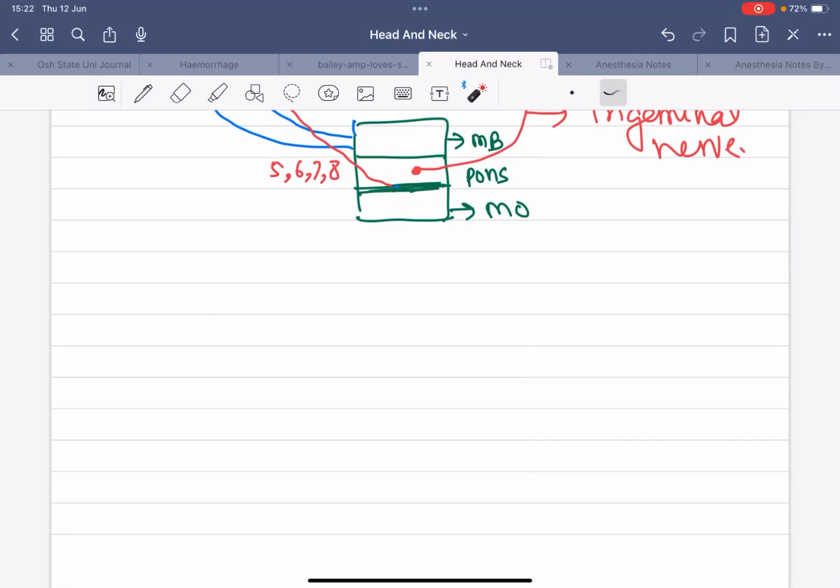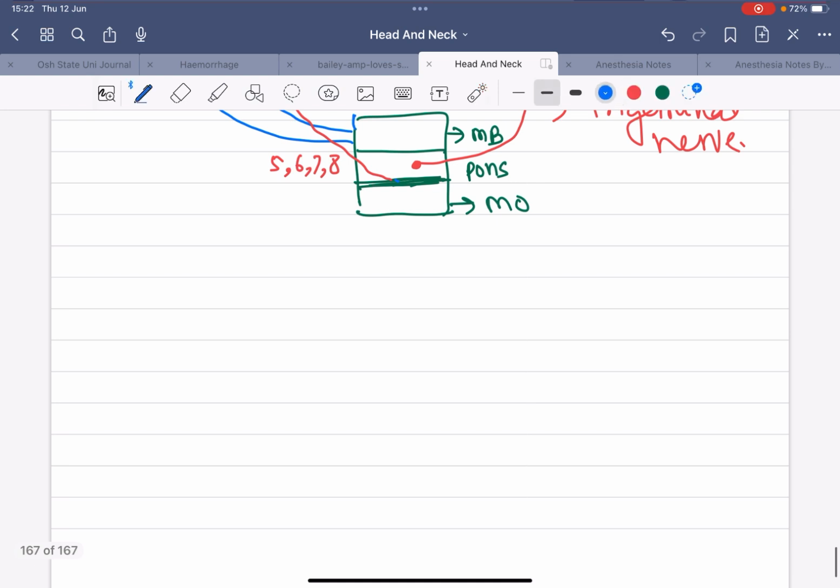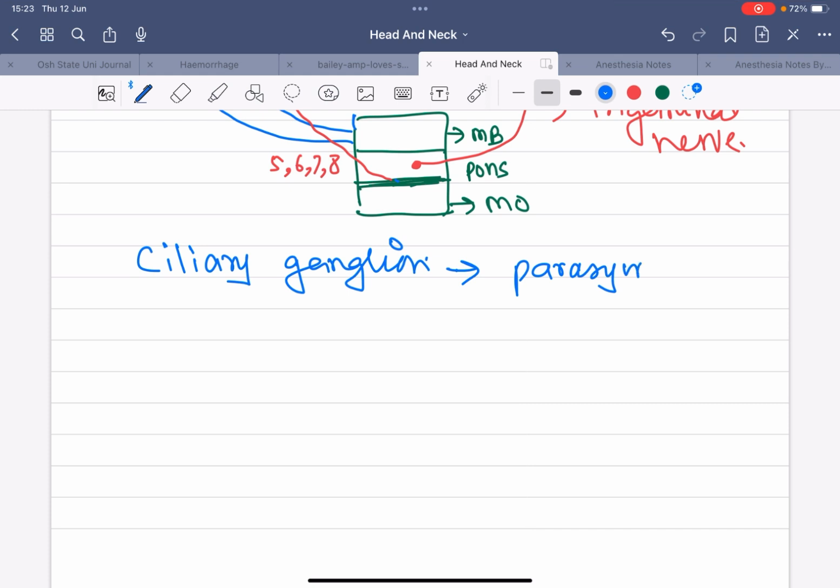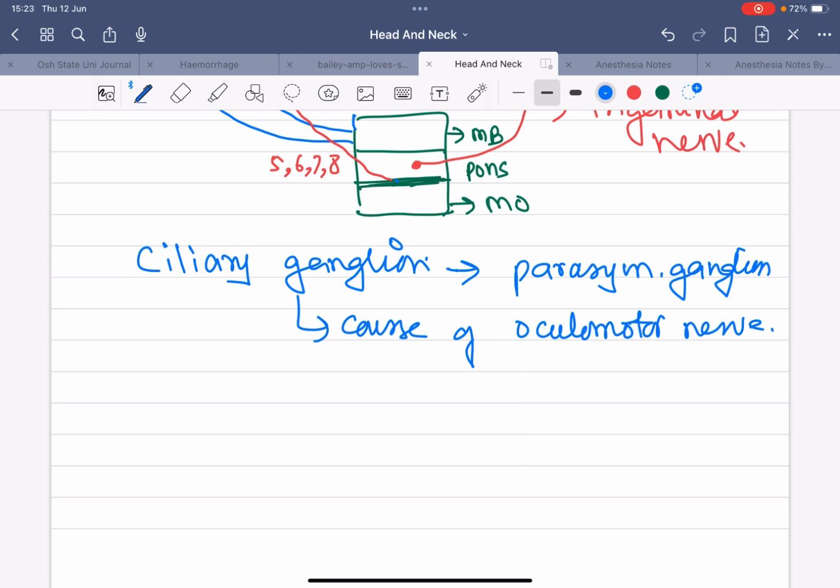In relation to these nerves, you have to remember one ganglion here. That is known as the ciliary ganglion. Please remember the ciliary ganglion. You can say it is mainly a parasympathetic ganglion, and it is placed in the course of your oculomotor nerve. Very, very important. It is present near the apex of the orbit, between the